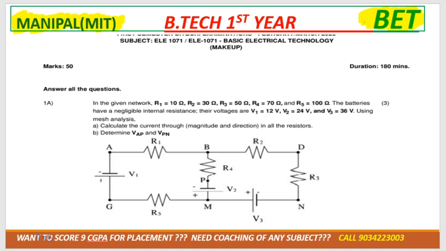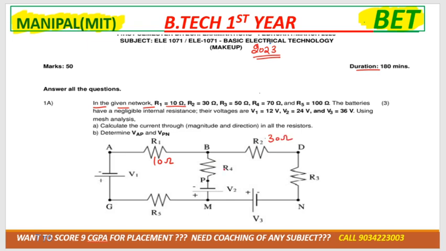Okay, see this question. This is the question from your paper, the makeup exam from 2023. In the given network, R1 is equal to 10 ohm, R2 is equal